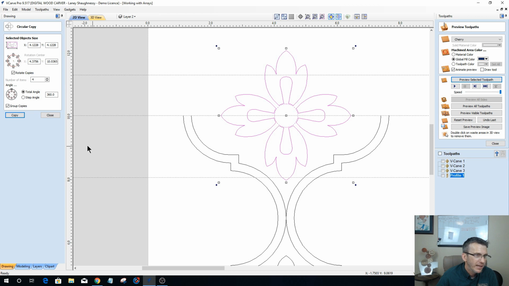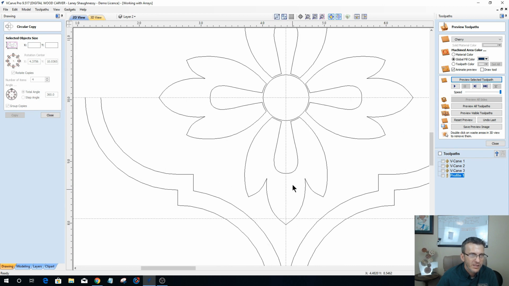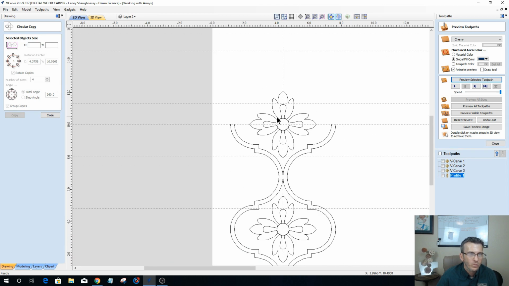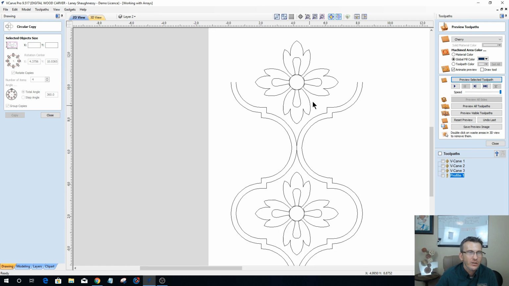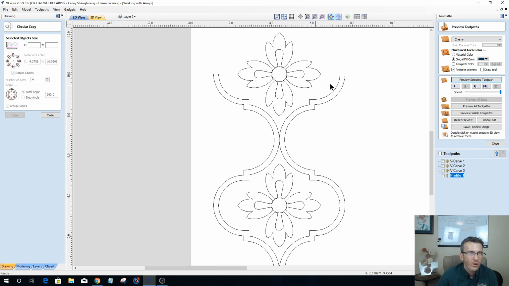Heck, if I want to use a guideline over here and snap it right to the center of this part, make sure that I'm centered, which I am. Guidelines are wonderful things. Just turn them off. All right, so now I have this flower positioned properly,